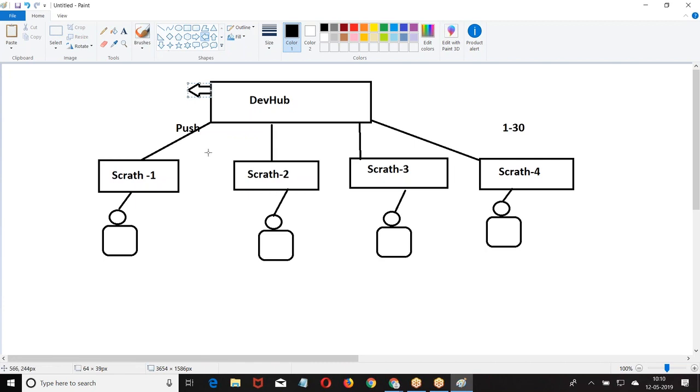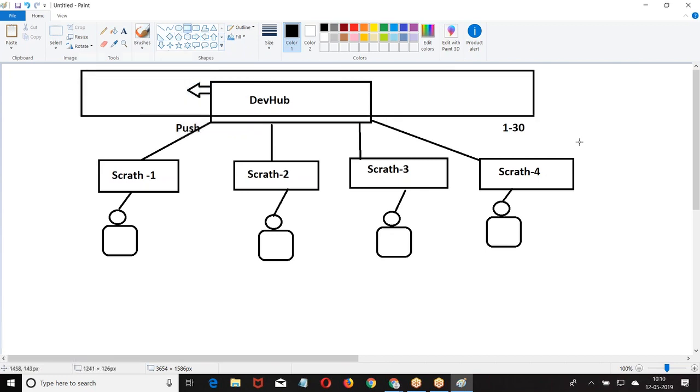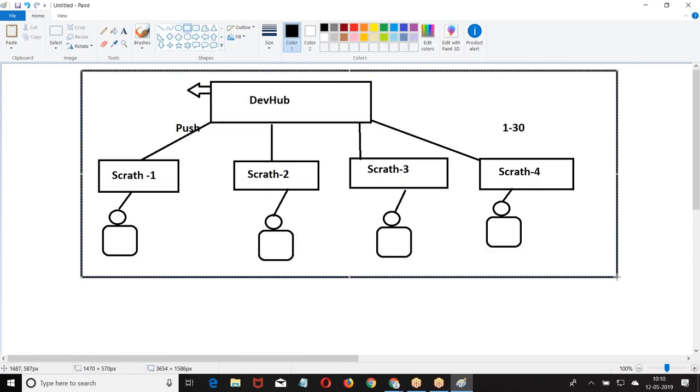Now DevHub scratch orgs. Here also, if they want to maintain version controlling, now everybody has their own local copy. Previously, 4 users were logging into the sandbox. They were working on the same copy. But now, if 4 people are logging in, they are working on 4 different scratch orgs. Previously, we had one sandbox. 4 developers were logging into Developer Pro. All 4 were working on the same Force.com instance, right? So whatever changes you made, if another person makes changes, you will not have your own copy.